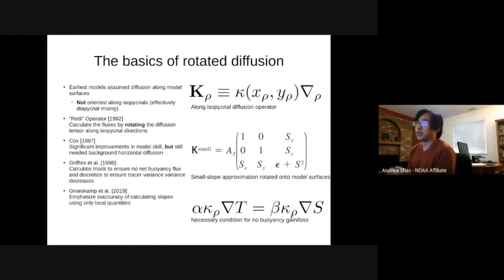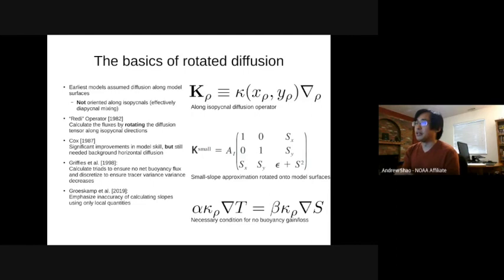Right? So this is what diffusion tends to do. You never want to sharpen a gradient; it always diffuses gradients, which leads to a reduction in tracer variance. And then there's been a series of papers, probably one of the more recent ones, that show that the way that you calculate slopes,